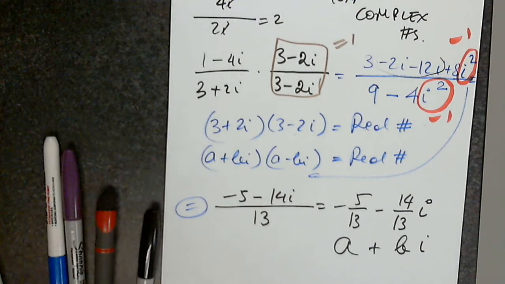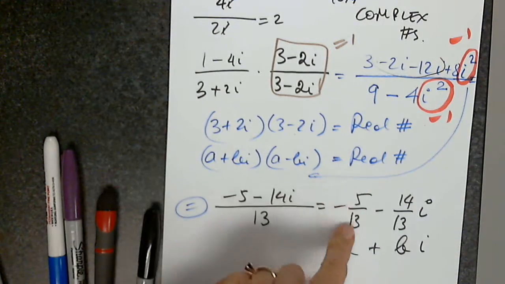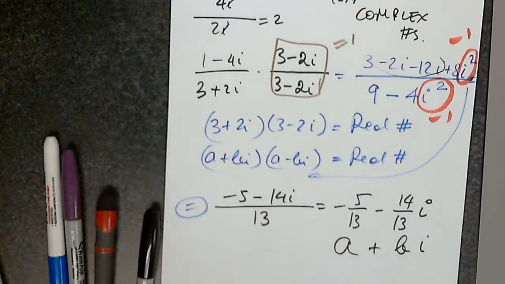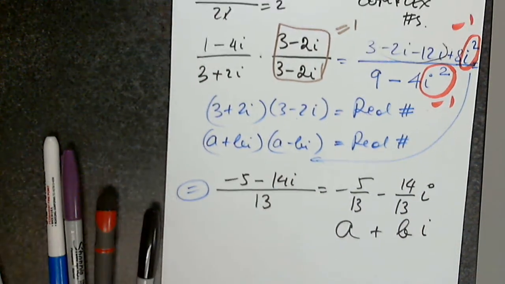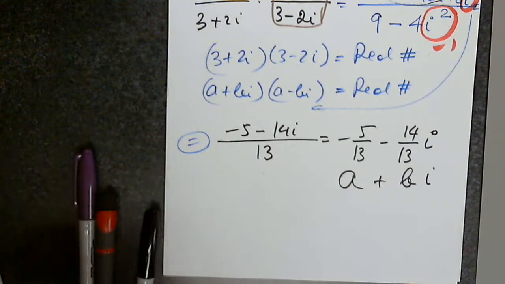So keep this in mind every time I have to divide two complex numbers. I refer back to rationalizing. It's very similar. I multiply and divide by the conjugate of the denominator. Why? I need to make the denominator a real number so I can separate the real part, which is this, from the imaginary part. We'll have more examples in a minute, but I would like to talk about powers